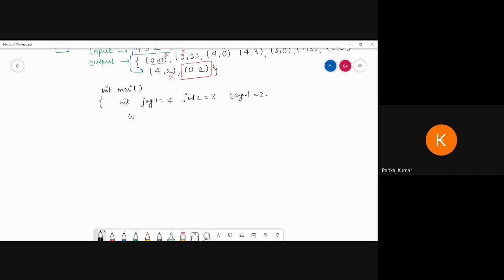And here you can write a cout, and whatever path we have to pass like this. Then here you can create one BFS function, and pass jug1, comma, jug2, and the target value. And here I am going to write return 0 and close this.